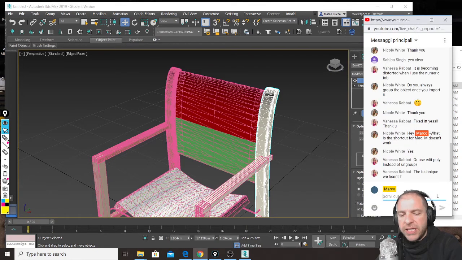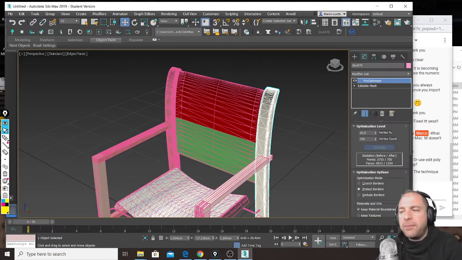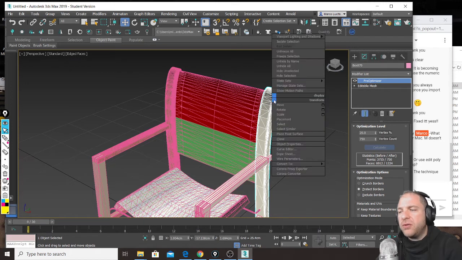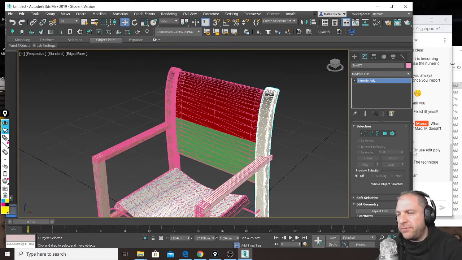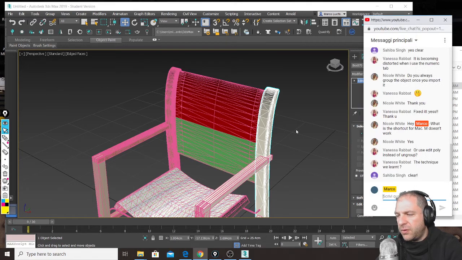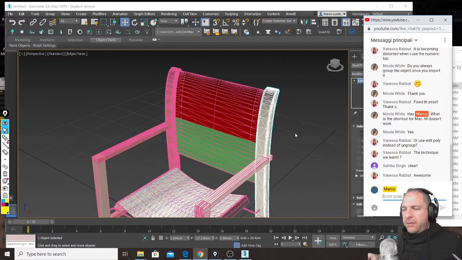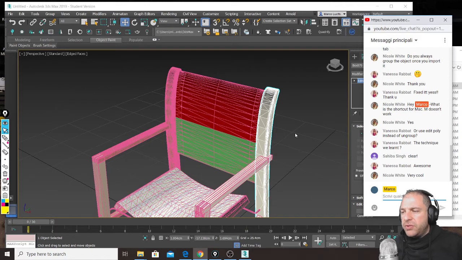Is this modifier clear? And also, after this modifier, you can keep transforming your object. You can keep converting it to editable poly. You can select just these polygons in here, cut it, apply materials, and the UVW map and whatsoever. Perfect! Very nice. So, now that we have these two objects,